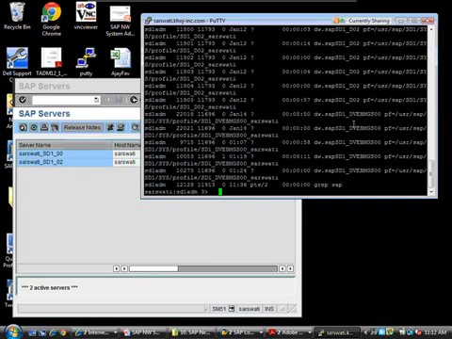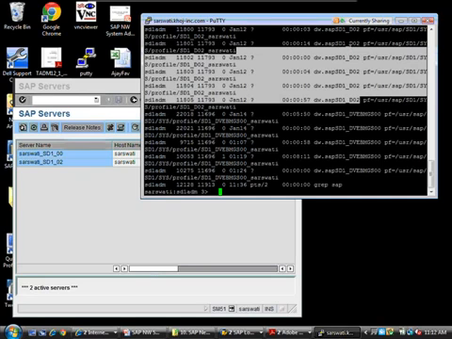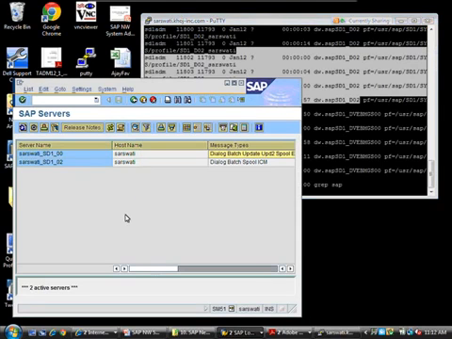So I've shown you Oracle running in the backend, the central instance 00 running in the backend with multiple work processes, and the D02 dialog instance running in the backend. So you've seen the three instances running in the backend on the ABAP stack.